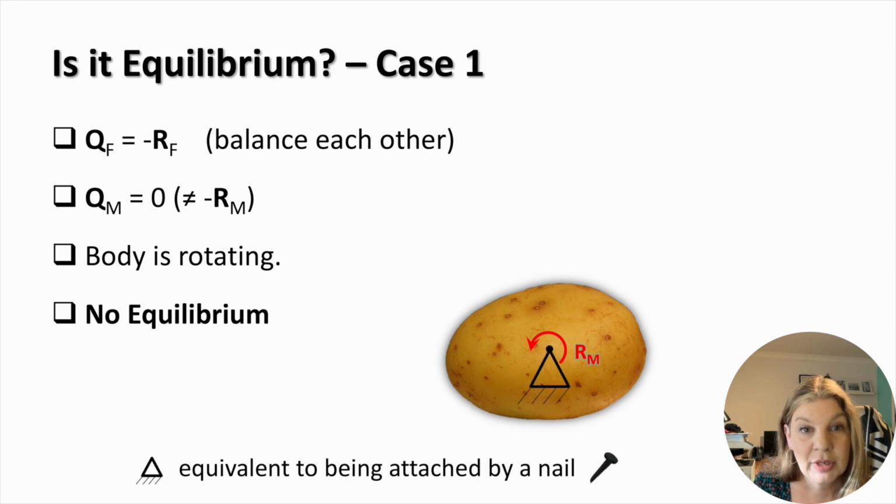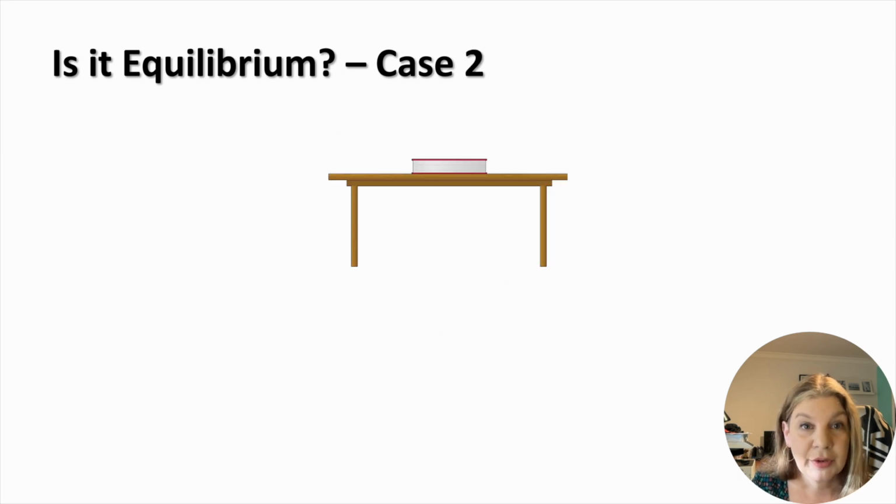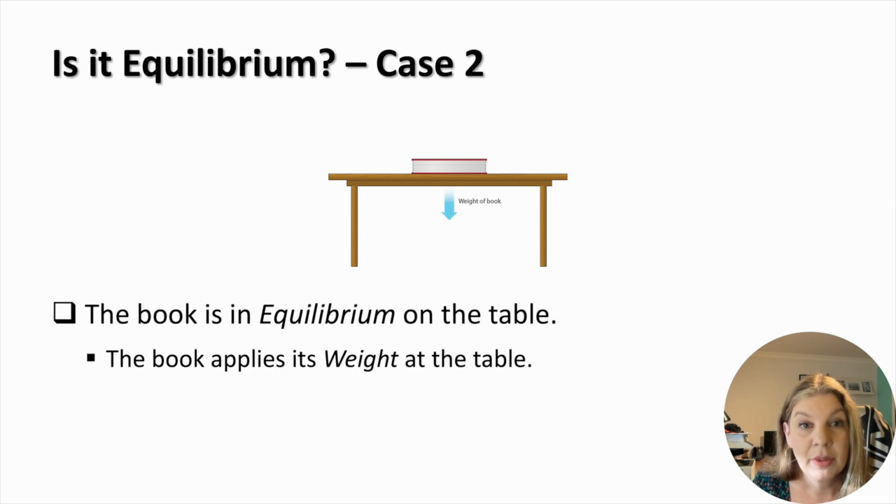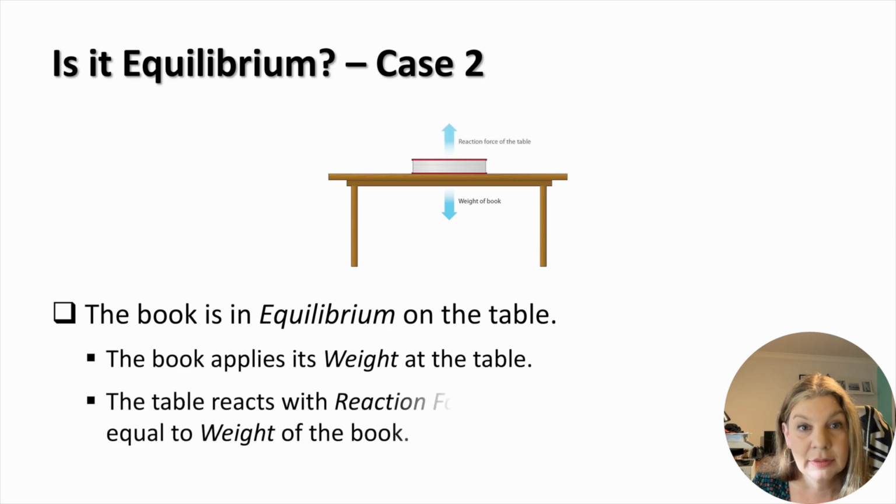This kind of support is represented using the following sign and is called a pin support. Let's consider a book lying on a table. Since the book is not moving, it is in equilibrium. The book applies its weight to the table, and the table reacts with a reaction force equal to the weight